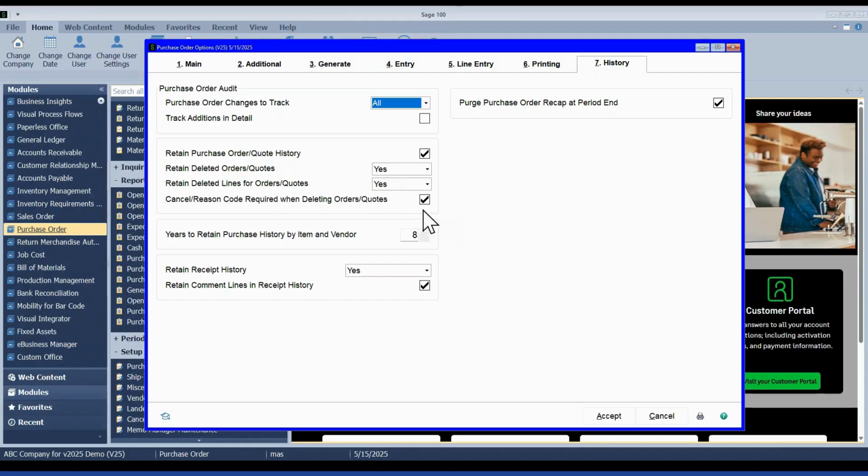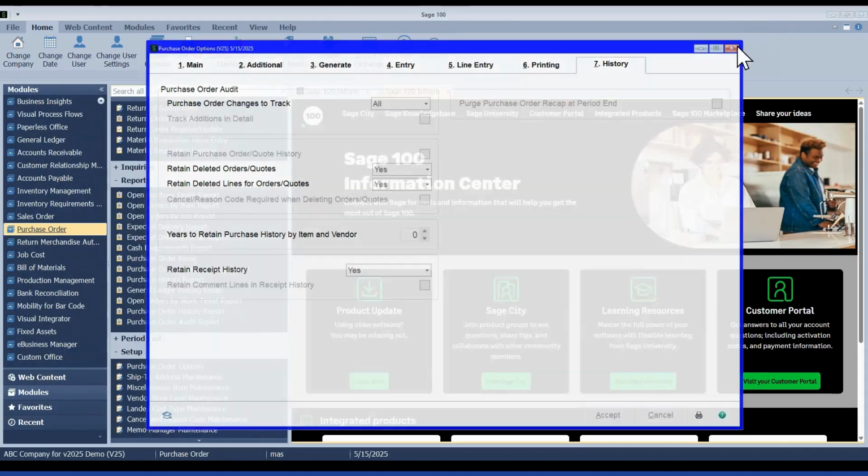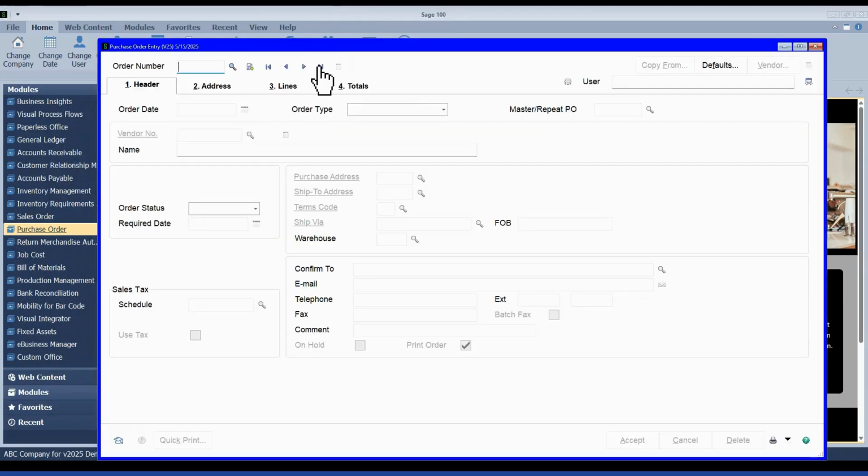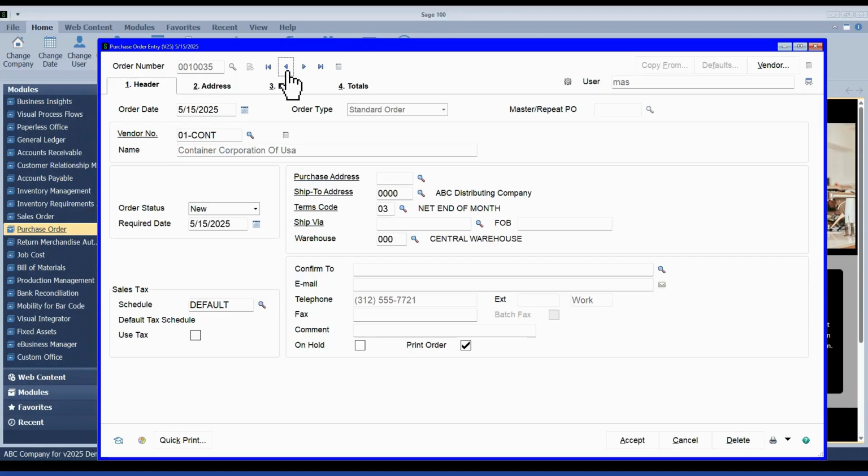But now you do. So if you turn that on, if we come up to delete an order, or even if it's still at prompt, if you are still saving history, you'll still be able to put that reason code in there, but it will require it to be filled in. Whereas before on prompt, it popped up and you could just close the screen without actually adding something. If that checkbox is selected, you will have to fill it in.